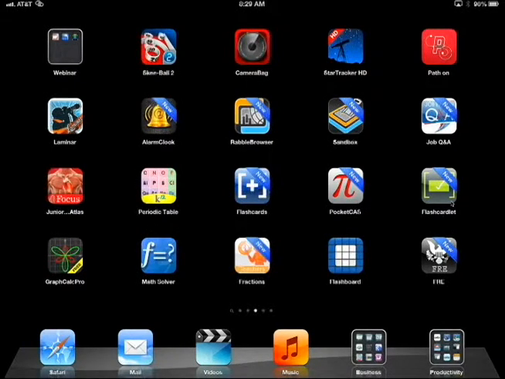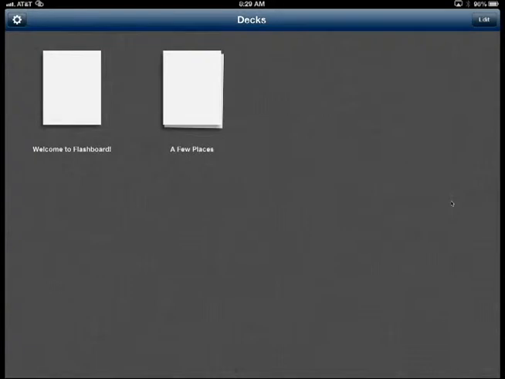The app of the week for this week is one called Flashboard. And Flashboard allows you to do things like flashcards. So we open up the app, it comes up to this screen. So if you look in the top left-hand corner, you see the little gear looking icon, that